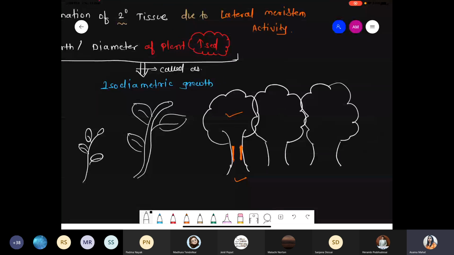So if you see, during the initial developmental growth, the primary meristems, like root apical meristem, shoot apical meristem and intercalary meristem, are very active. But when the plant becomes completely mature,